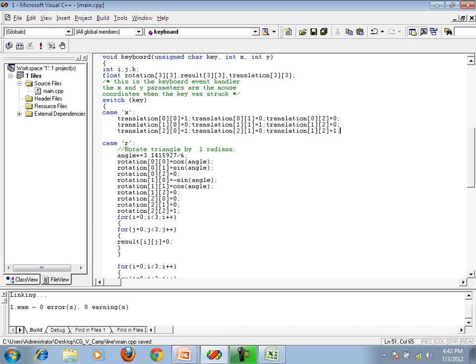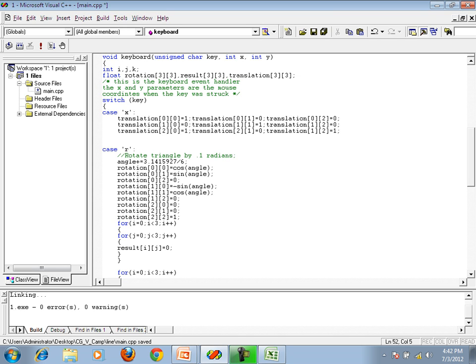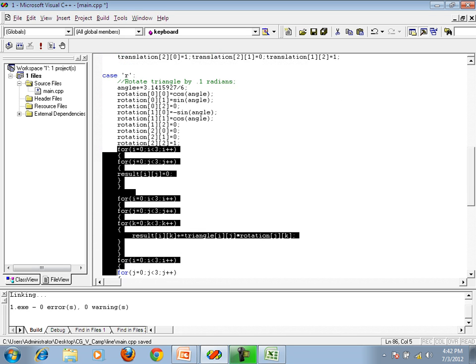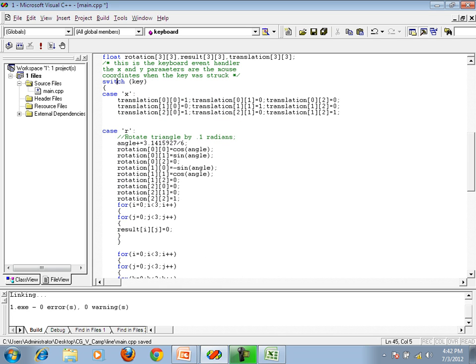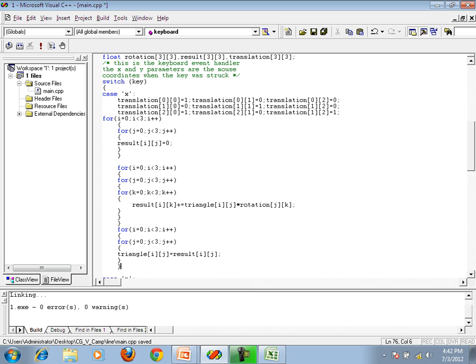Okay, in case of capital X, just wait for a moment. Here we want to multiply also. Means what I am looking for is I am just multiplying and translating the object.